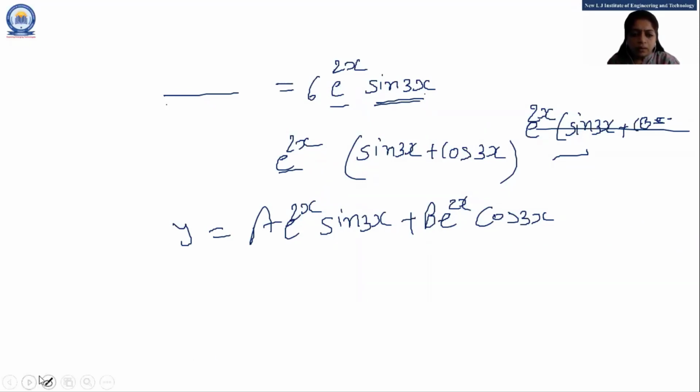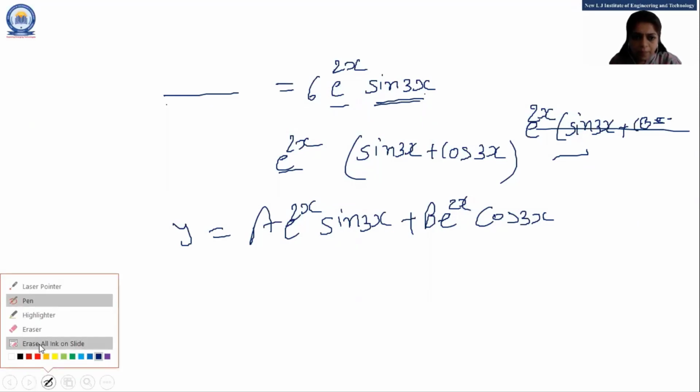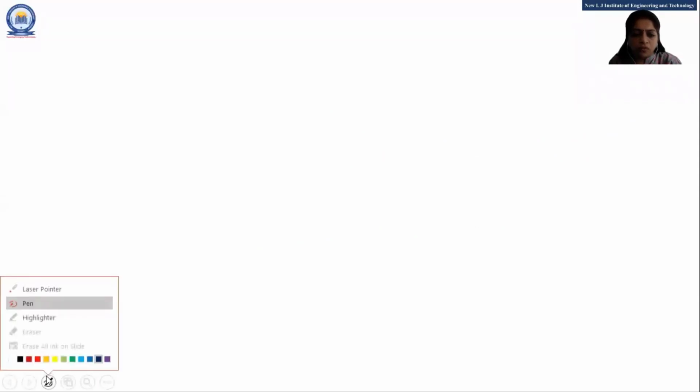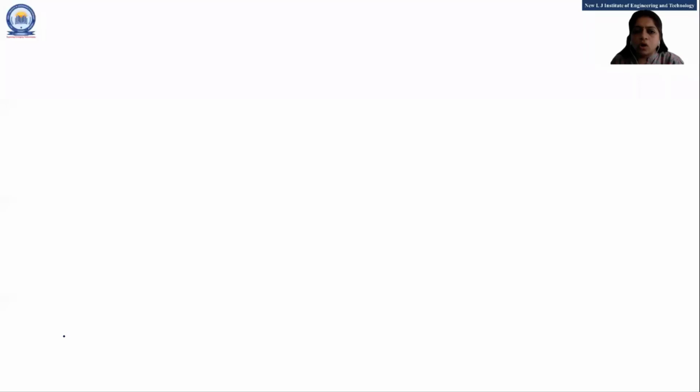So this is the method, and this step is most important: how you have to write your particular integral with the help of your given Q(x), the right hand side of the differential equation. Suppose your differential equation is equal to e raised to x into x square. Now I'm going to unmute any one of you. Tell me what is the family, or how to write the particular integral, if our right hand side is like this. Okay, so ready everyone? If you know the answer, raise your hand.